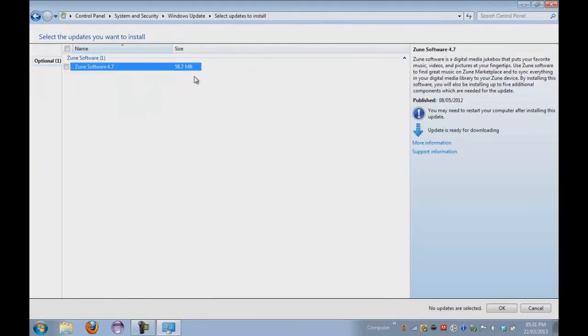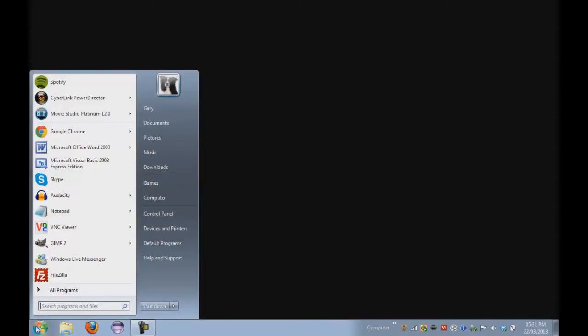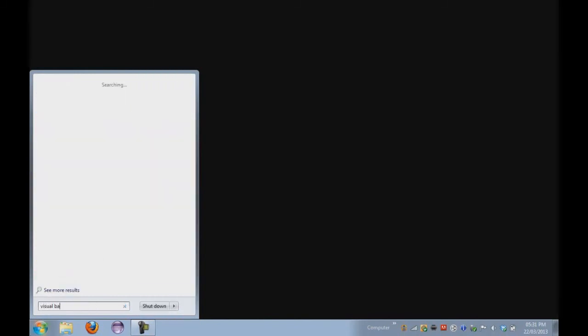It'll say, oh, mine already, that's Zoom. We don't want Zoom. But you're going to want to click check for updates at the side, and it'll check for updates. It'll find you some updates probably. I think it'll find Microsoft Visual Studio 2010 Service Pack 1, and you can download and install that. I'll do that after the video, but I'll show you you don't need to re-register it if you register it before you do that. So we're going to type in, what am I going to type in? Visual Basic